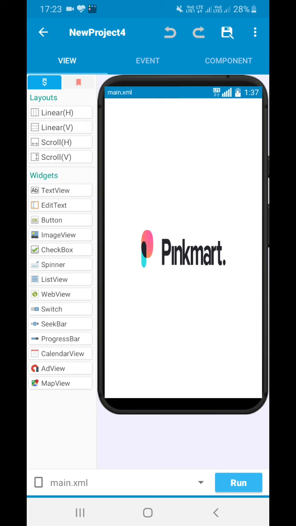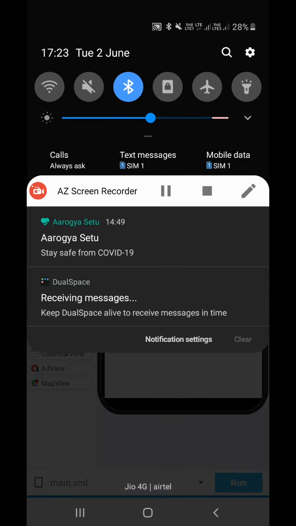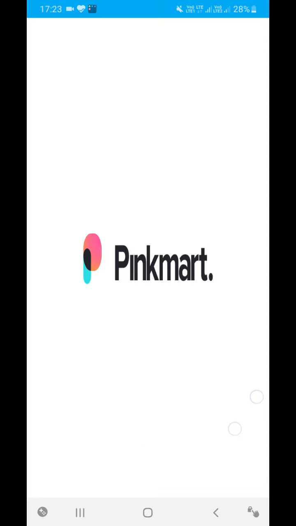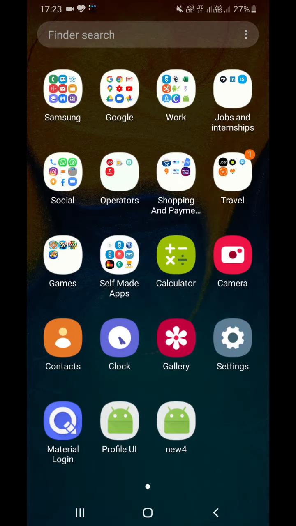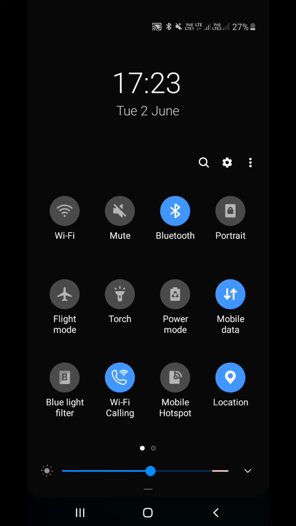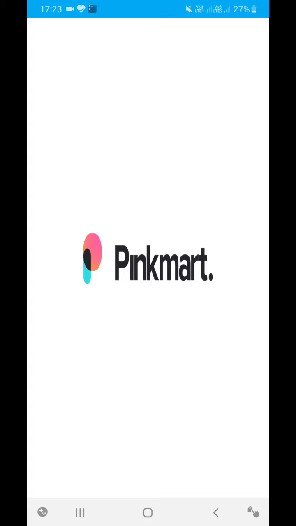Now let's check that we have added so many blocks, and see whether it is working or not. Let's run the activity and see. When you run the activity, you can see the network is working. The internet connection was on, so it showed like this and came into our home activity. Now let's close it and turn off my internet. I'm closing the mobile data, keeping the app on, and let's see what happens.